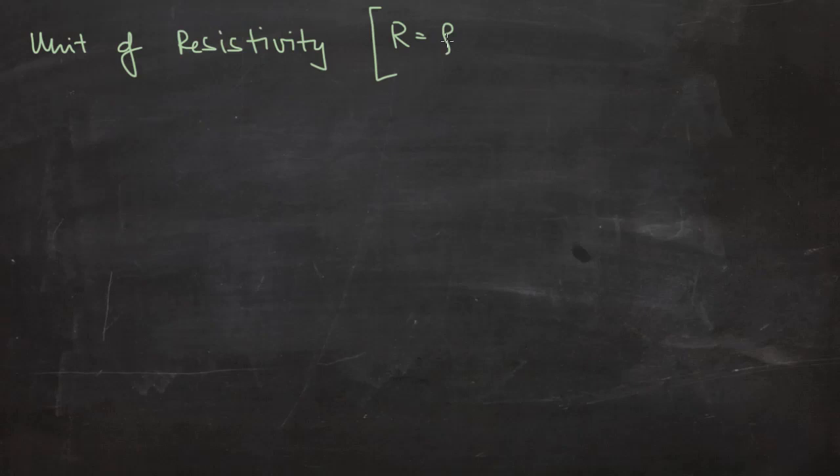Next, we look at the unit of resistivity. We saw that R is equal to rho L by A. Isolating rho onto the left hand side, I get rho is equal to R into A by L. Correct? So now, if I want to find out the unit of resistivity,